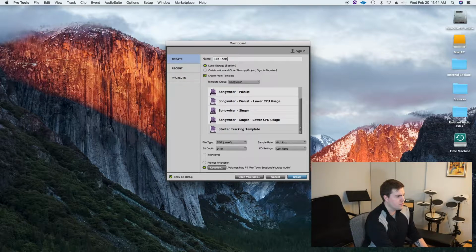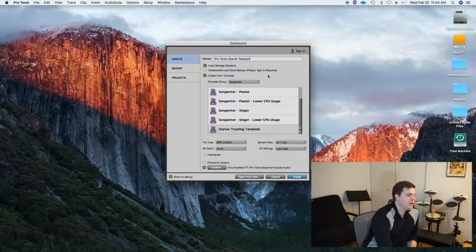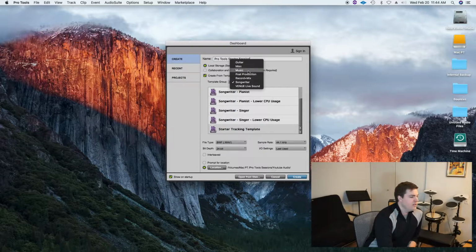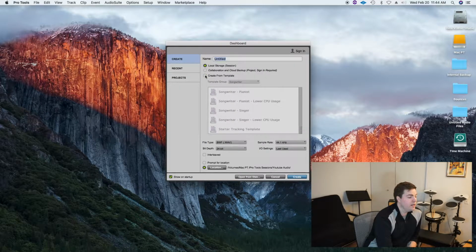Pro Tools starter session. And you have a lot of options here on how you want to do things. You have template groups and stuff, which are basically different preset templates that you can figure out how to make yourself. It's not that hard to do, and there are other YouTube videos on it. I'm going to skip that for now. I usually use one starter tracking template down here, but I'm going to go with not a template, and just,